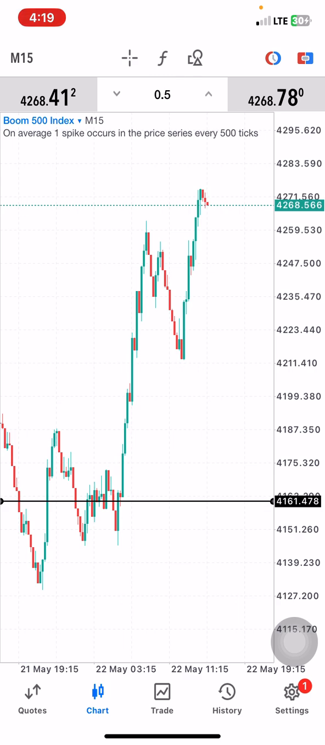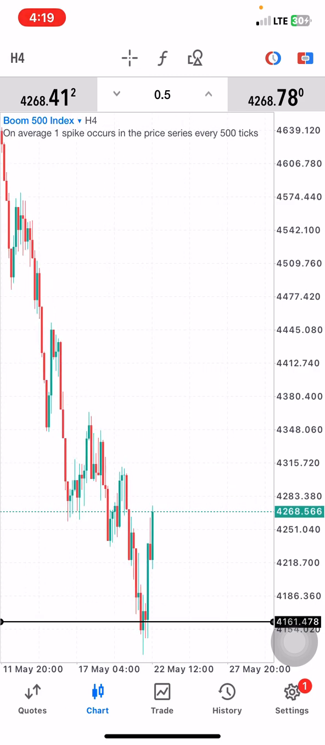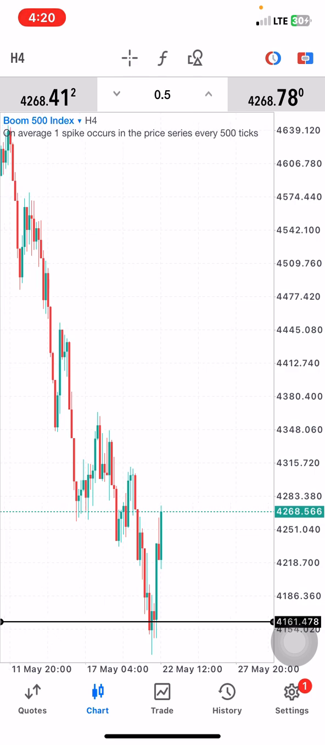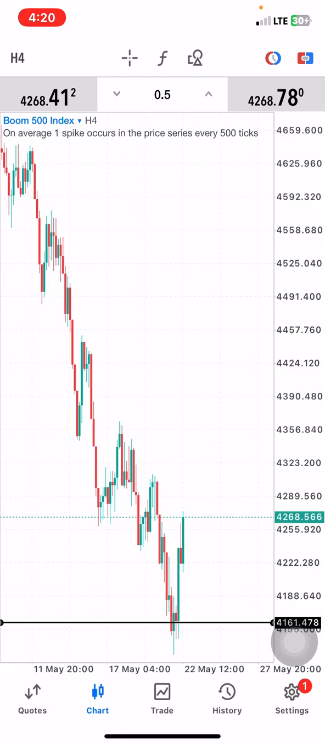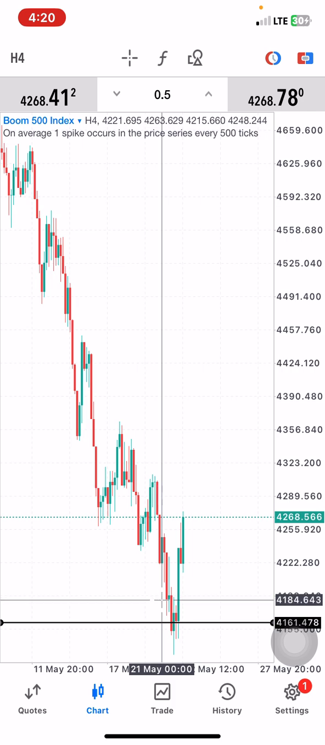Okay, let's go to the 4 hours time frame. From there, we know what to do next. I always analyze my market from 4 hours to 1 hour, 30 minutes, 15 minutes. I analyze my market from there, then take my entry from 15 minutes or lower. So at the 4 hours time frame, you can see that at this level,